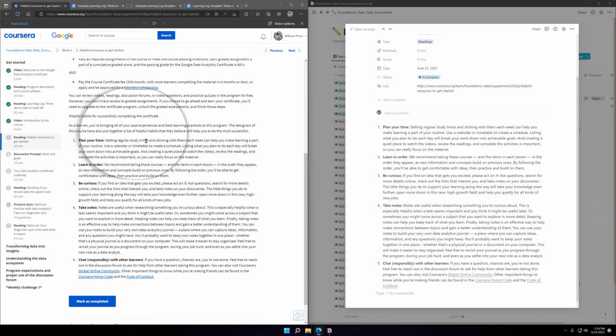Setting regular study times and sticking with them each week can help you make learning a part of your routine. Use a calendar or timetable to create a schedule. Listing what you plan to do each day will break your work down into achievable goals, and creating a quiet place to watch these videos, review the readings, and complete the activities is important.